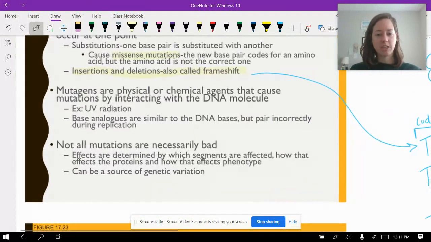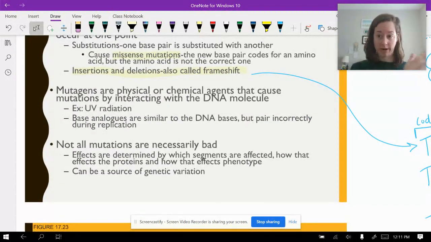Okay, so mutations, of course, can be totally random, or they can be triggered by things called mutagens, which are agents that cause the DNA molecule to become damaged. One example of that is UV radiation. There are tons of things that have been deemed mutagens. Carcinogens are chemicals that lead to cancer, and a lot of those are also mutagens. UV radiation causes the base pairing to go wrong